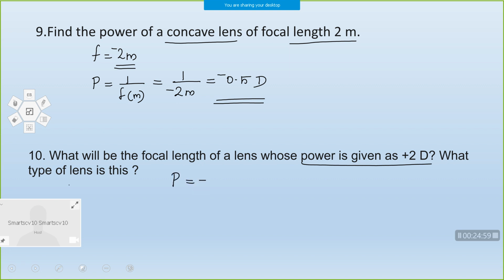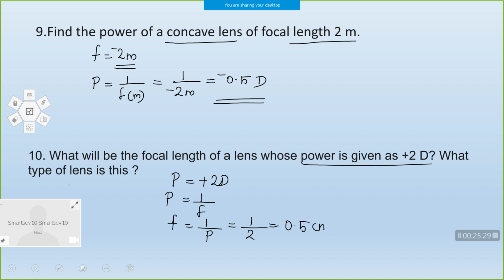So power is equal to +2 diopter. Since it is positive, you can say that the lens is convex in nature. How will you find out focal length? You know, power is equal to 1 by F. So F is equal to 1 by P, that is equal to 1 by 2. So we will get 0.5